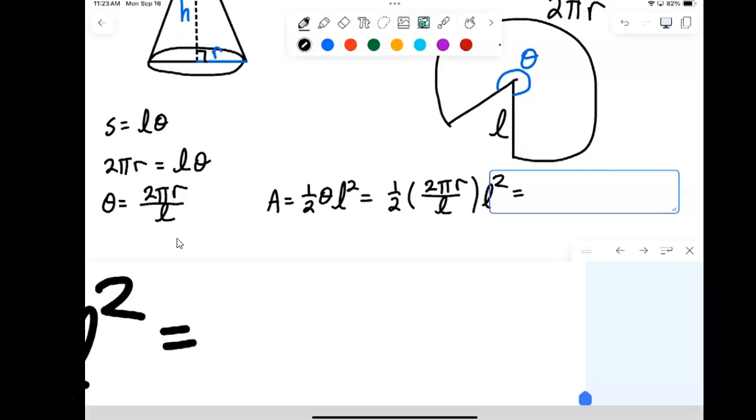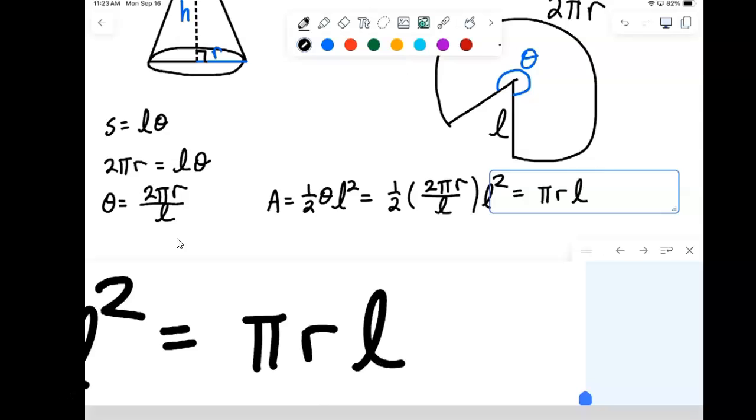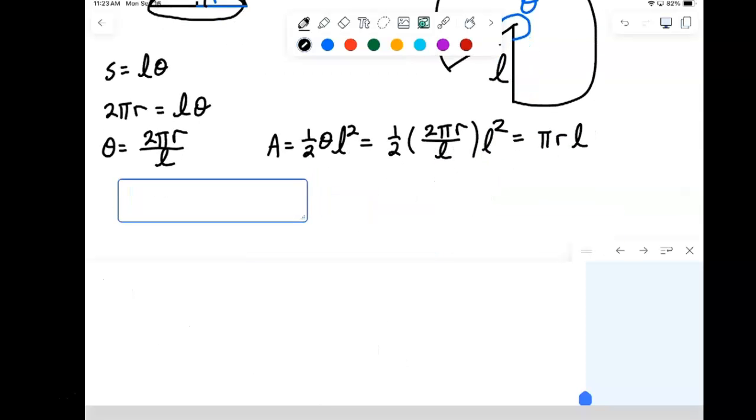One L cancels out, the half cancels out with the 2, and we just get pi r L. And we find that the area of the cone, the surface area of a cone,